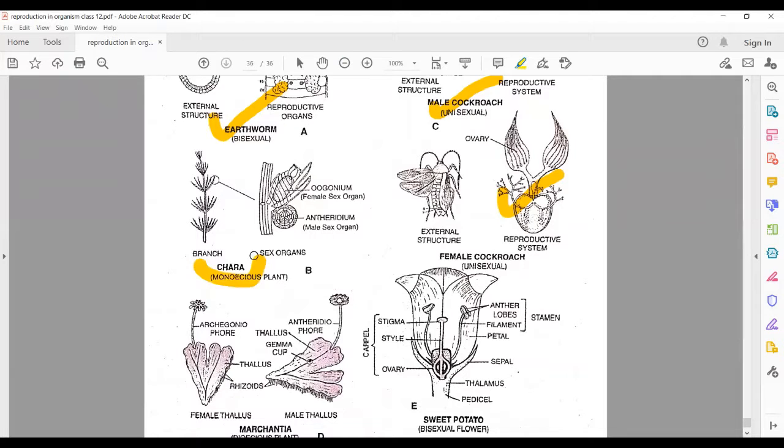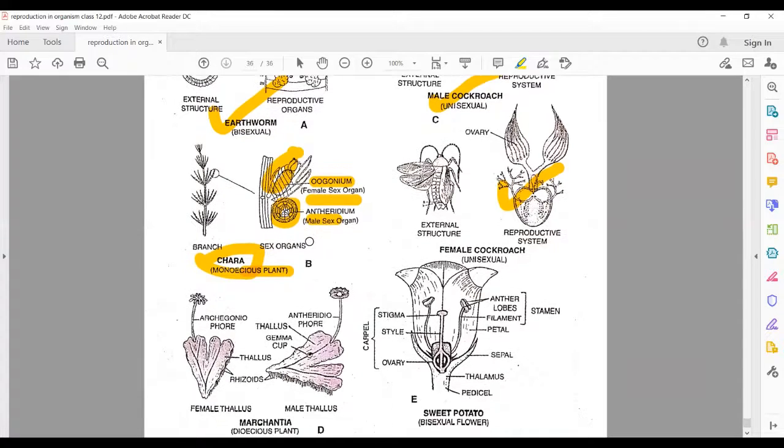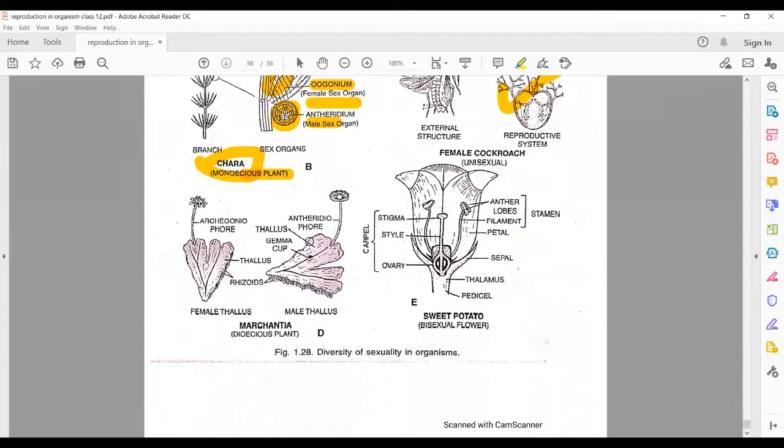Next, see the Chara. Chara is a monoecious plant, meaning one organism produces both. See, on the lower side there is the antheridium, and on the upper side there is a capsule-like structure, the oogonium, the female sex organ called the nucule, and the antheridium is called the globule. It looks like a round-shaped figure. So understand this part very clearly. Chara is an absolutely important plant. Don't ignore this. Based on the male and female positions, questions will arise from Chara.